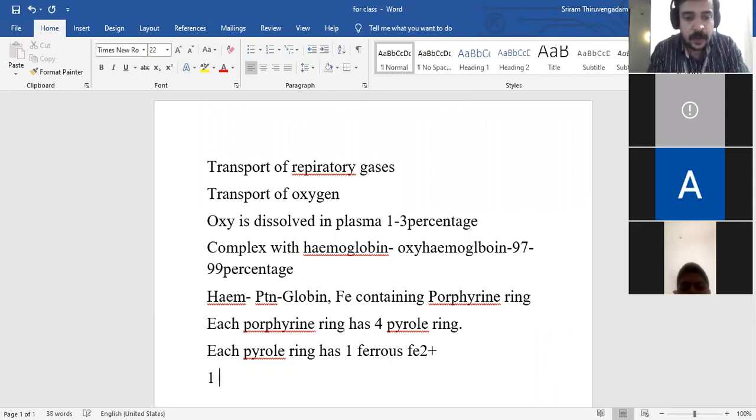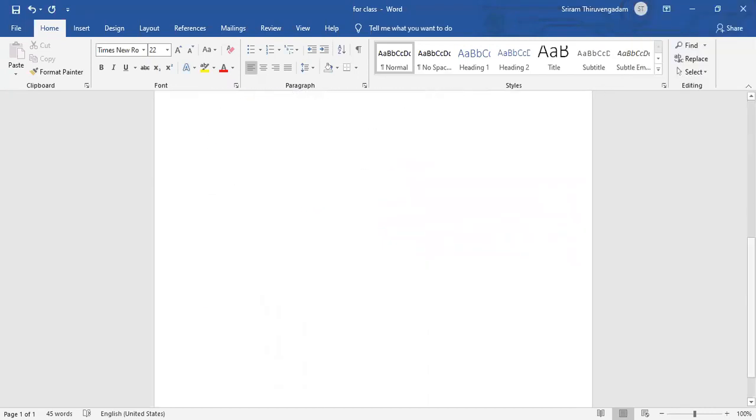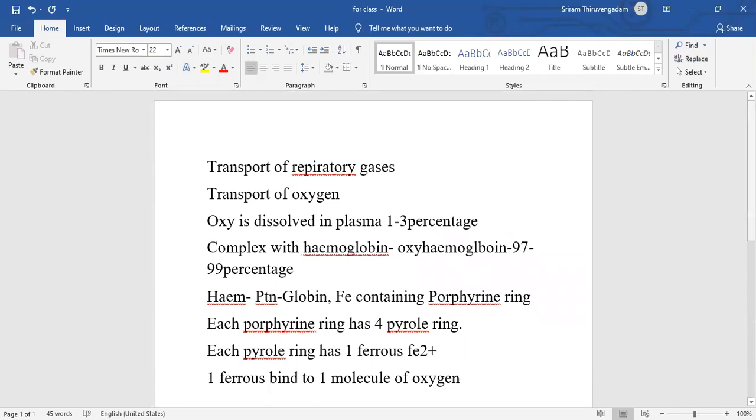And much more details, let me tell you. 1 ferrous binds to one molecule of oxygen. So this is another important point which you have to understand. So one ferrous binds to one molecule of oxygen. Okay. So these are some of the important information which I want to tell you regarding the hemoglobin. So once again, I'm telling you, 1 to 3% of oxygen is